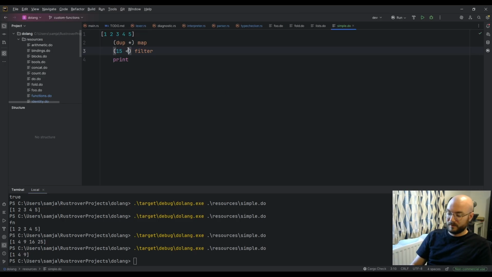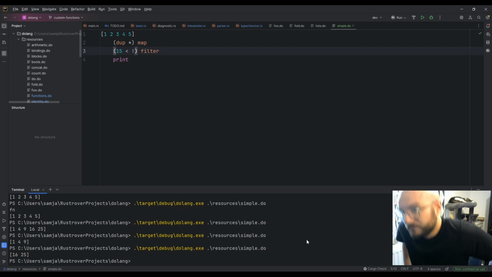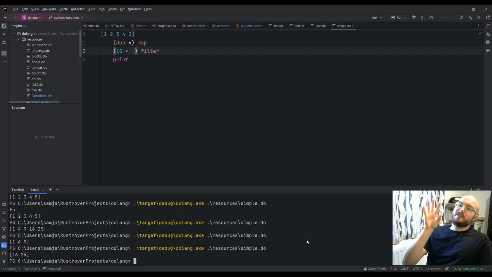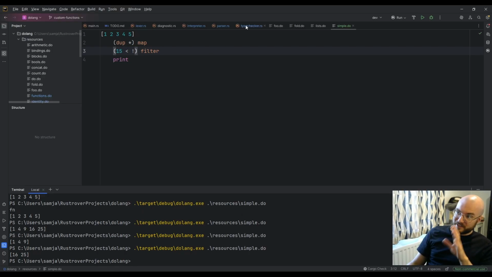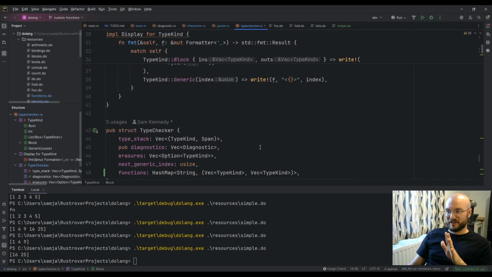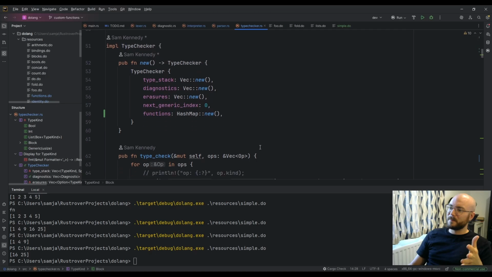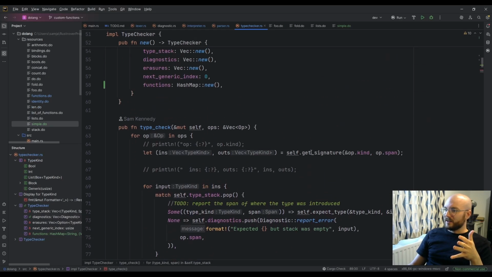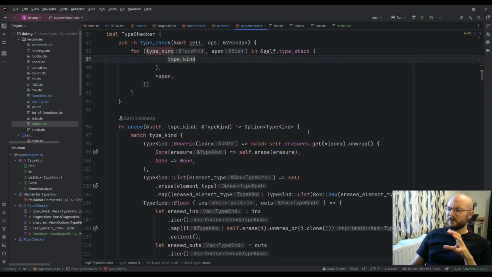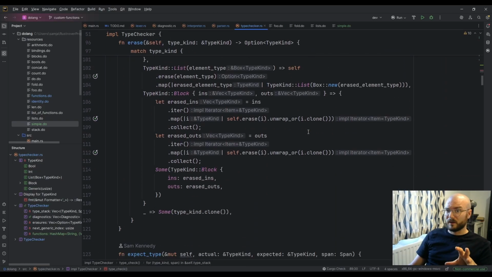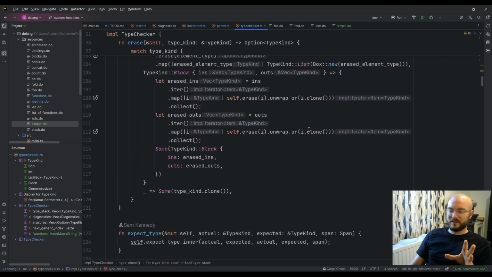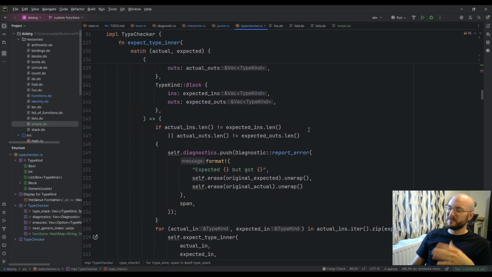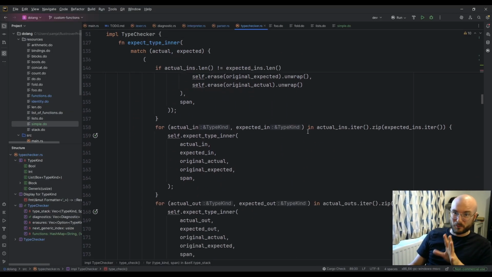And if I put a not here, I get the other half of the list. So these are the two that I implemented last stream. And since then, as well as basically overhauling my type checker, because as I was developing it on camera, I think I just wanted it to work. And so I made a lot of stupid decisions that eventually it did work, but it wasn't very good. So I've since gone through, and I'm still not fully happy with it, but it's now a lot more robust.